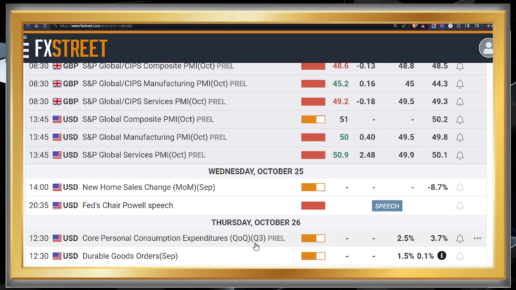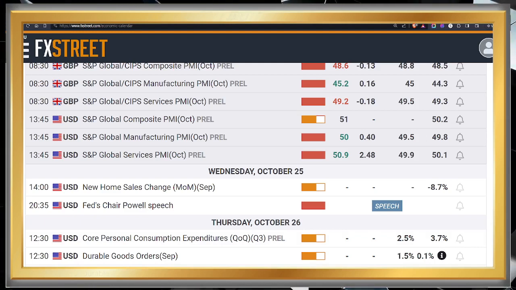And then in about 10 hours from now, we are going to be looking forward to the Fed chairman's speech, which of course, the anticipation of this event has influenced the market sentiment. As you will see, most of the assets on our watch list have been in a range in the last 24 hours. And one important thing about this speech is that it plays a major role in influencing the market sentiment,